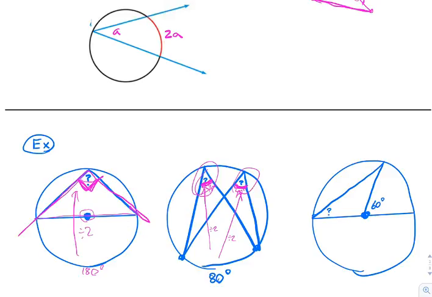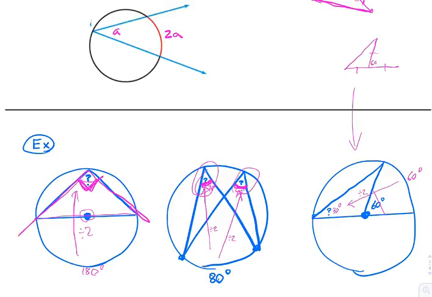So one way to think about this is, since the central angle is 60, that means the arc here is 60 degrees. And then we could say, oh, and now the inscribed angle is divide that by 2, 30 degrees. Okay, another really common trick is, since you know the radiuses of a circle are congruent, you could think about this as not even having a circle and instead just having these three things congruent, and instead you have a